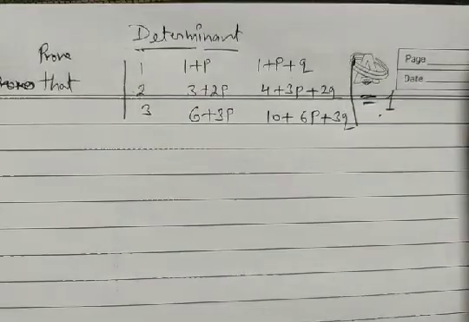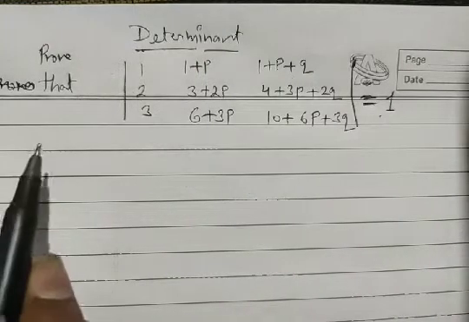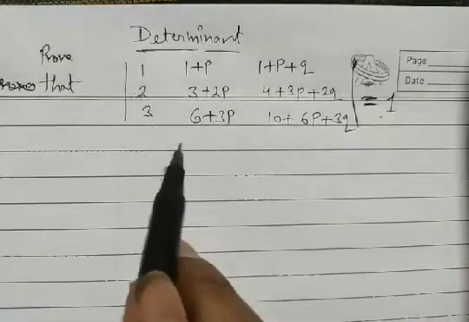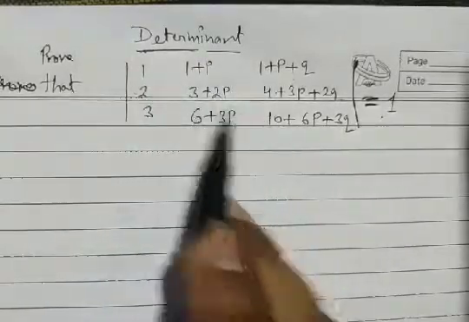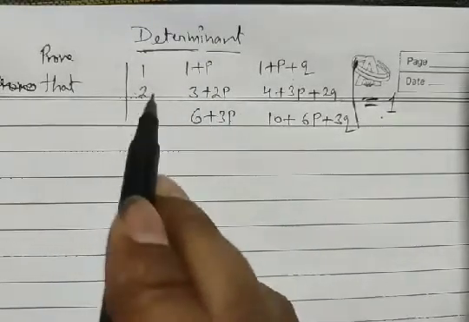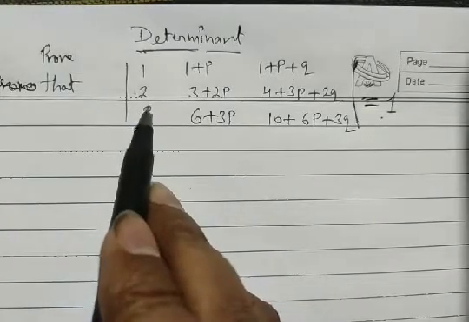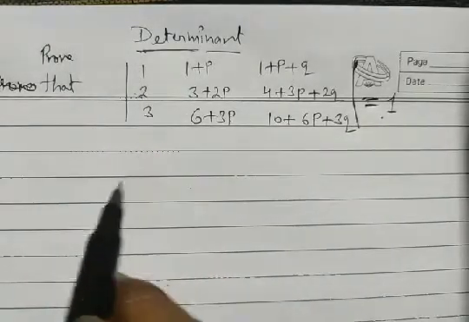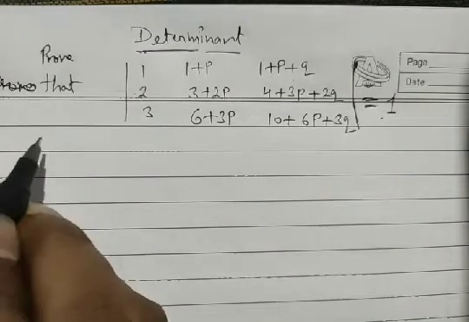To prove any type of determinant, just remember what we have to do. If it is not maintained without expanding, then to solve such types of problems, we try to make any two elements of any row or column 0. Suppose we try to make this 2 zero and this 3 zero. After that we expand along C1. Whatever the problem, we can solve determinants easily. We just remind ourselves to try that step only.